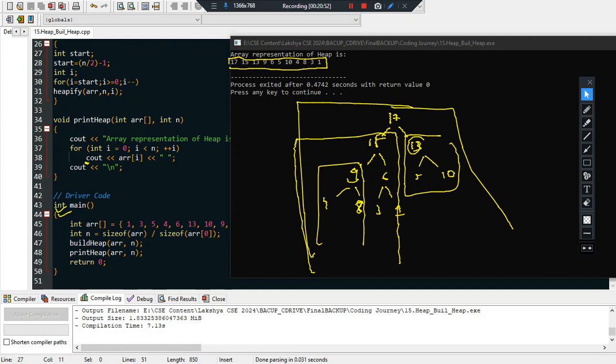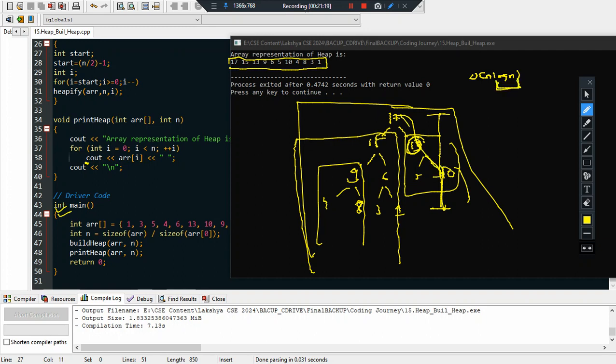And one more thing, the time complexity here is basically order n log n, right? Because whenever you are performing the max heapify operation, in the worst case, it can move to the lowest level. From here to here, again you have to heapify this, again you have to heapify this. In the worst case, it will go to the lowest level. That will be nothing but the height of the tree, log n.